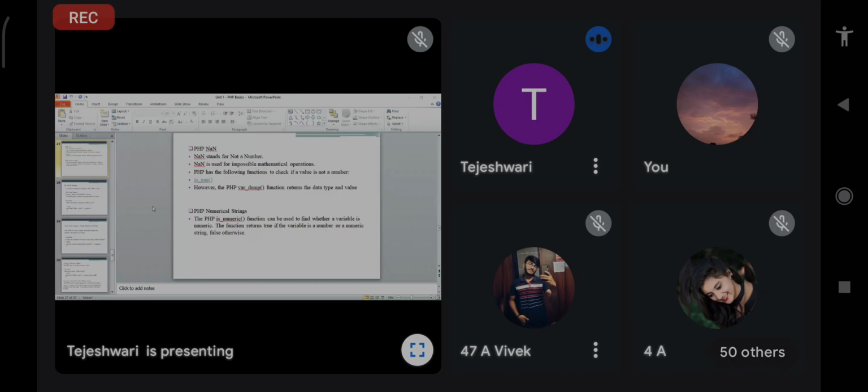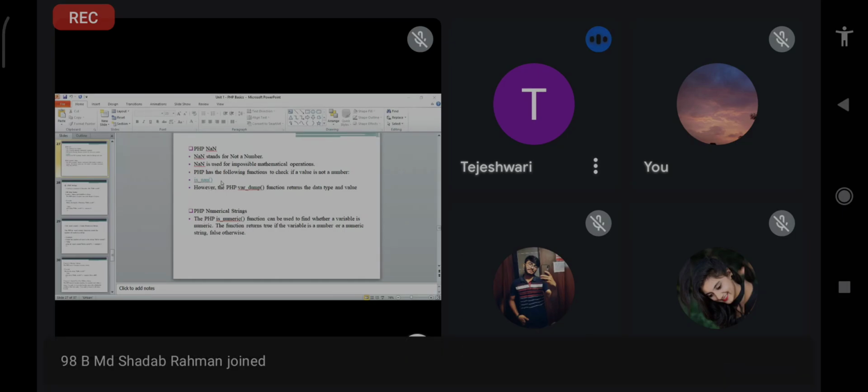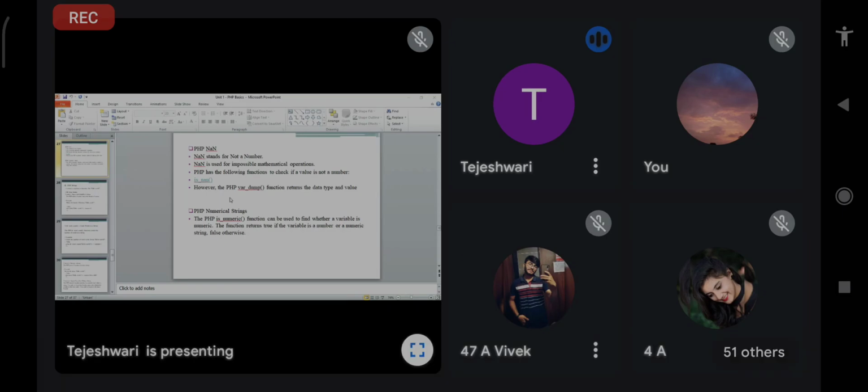Whatever we check, finite, infinite, or NaN, we use some function here. For NaN we use is_nan(). Like var_dump, which returns the data type and value, the same way this returns the result for NaN.